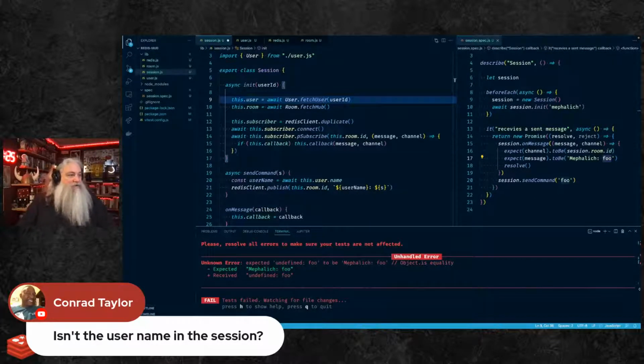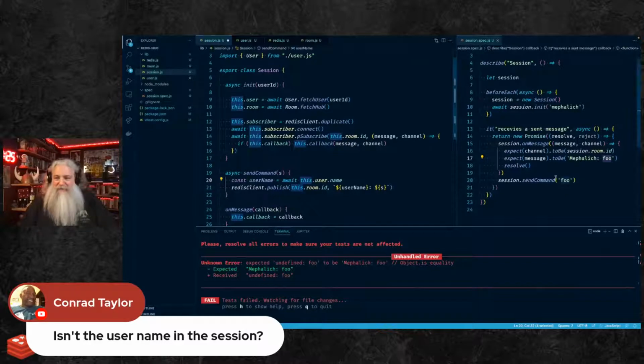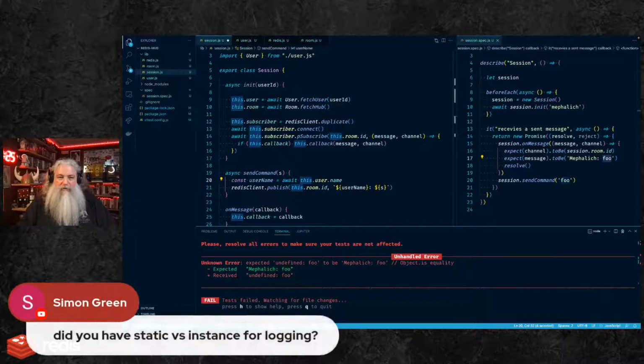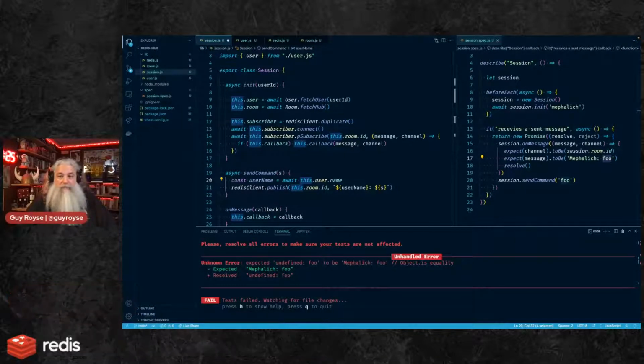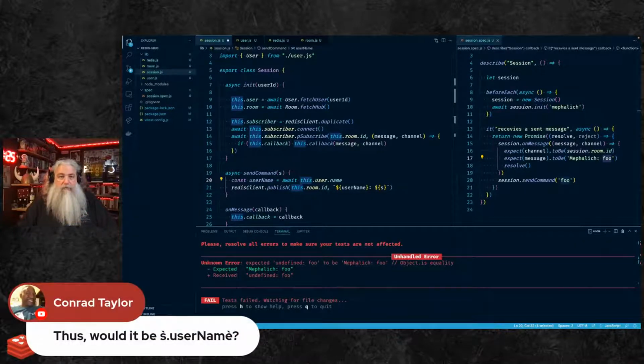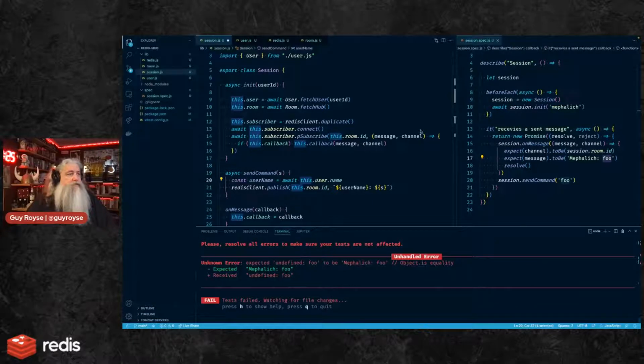So I broke something. And what I think I might not be getting away with is my asynchronous property. I suspect that's what I'm having a problem with. No, I don't actually. Thus, it would be s.username. Let's take a look here.